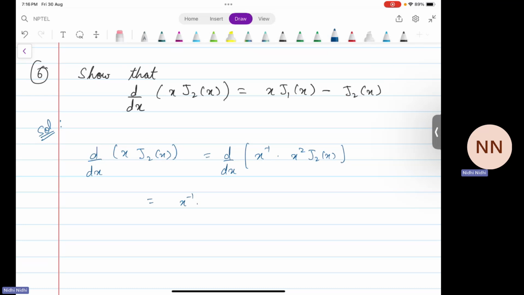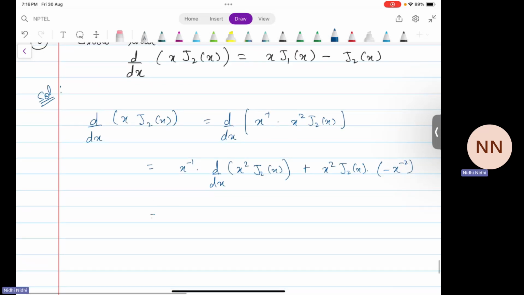X to the power minus 1 as it is, derivative of the second term J2 of x, plus x square J2 of x as it is, derivative of x to the power minus 1 would be minus x to the power minus 2. Now this is equal to x square J1 of x plus minus